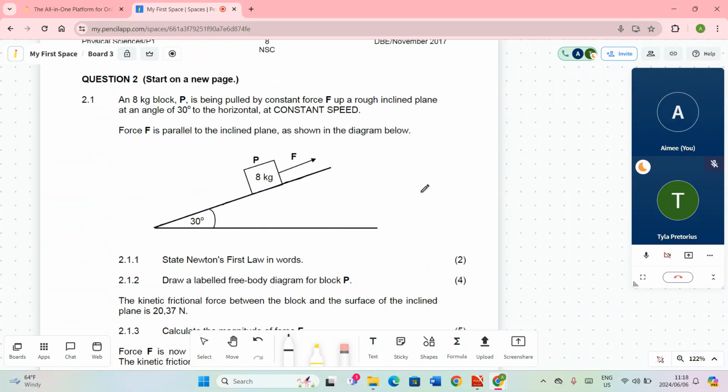2.1, an 8 kilogram block P is being pulled by a constant force F up a rough inclined plane at an angle of 30 degrees to the horizontal at a constant speed. Force F is parallel to the inclined plane as shown in the diagram below. 2.1.1 State Newton's first law in words. Newton's first law says that an object